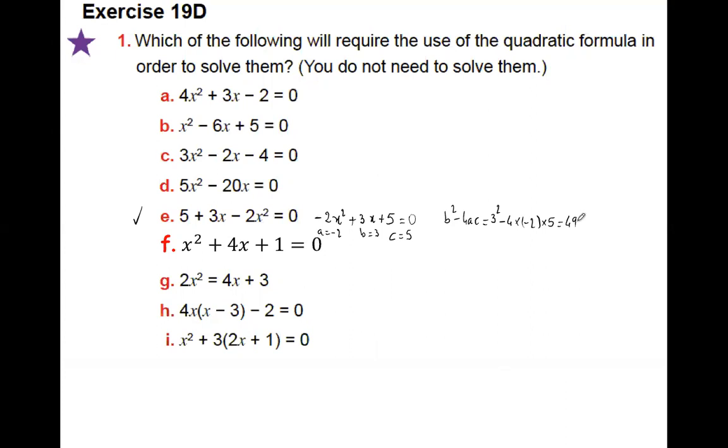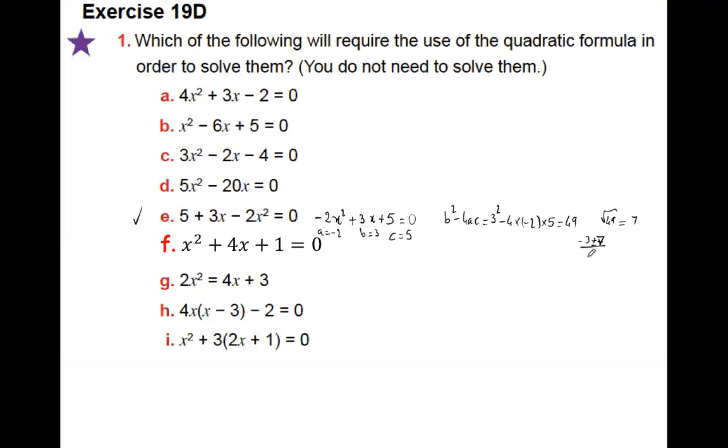So you would just say, because root 49 equals 7, we could have used factorising here if we wanted to. But your answer would be minus B, which is minus 3, plus and minus 7